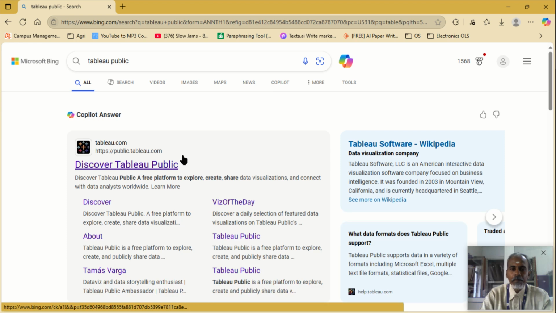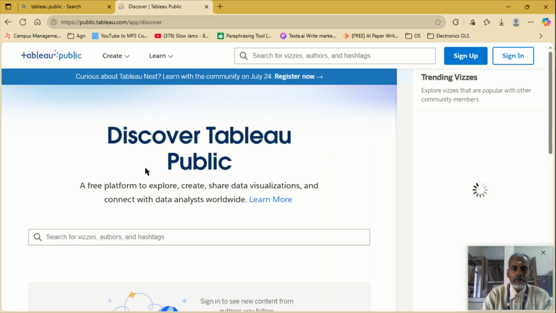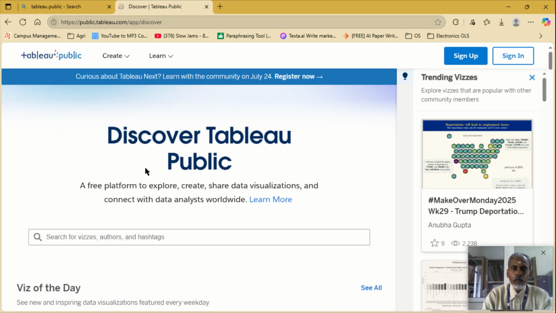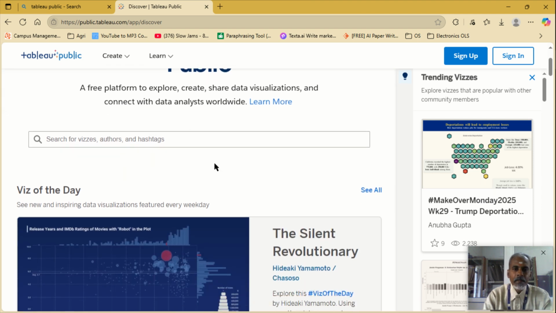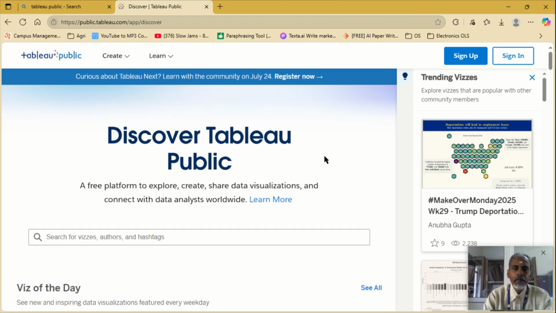So we have come to this site. It is clear. Just click this one. Here we are on the public version of Tableau. You can see every detail of it in this page, and it is not necessary that you sign up. You can also sign up to download. Here, if you want to download now,